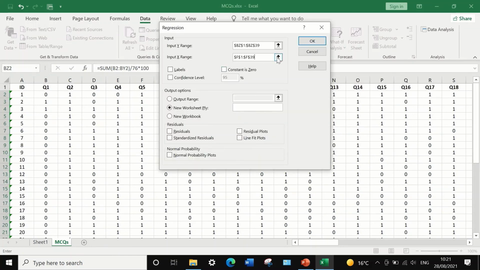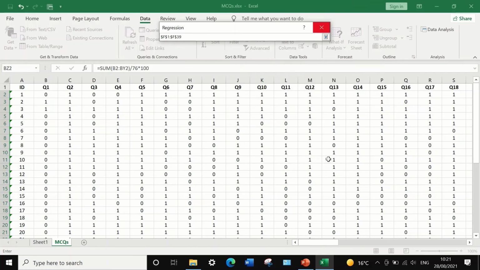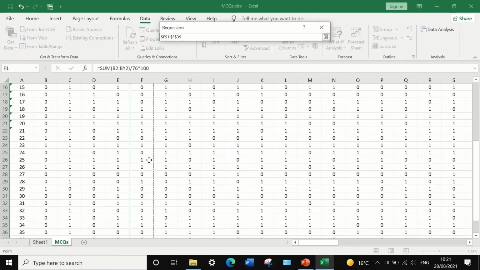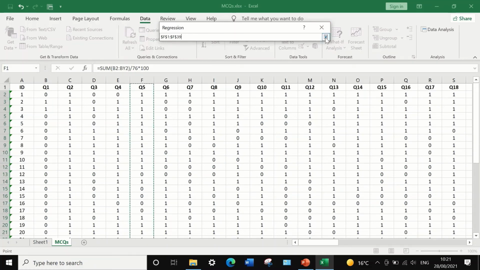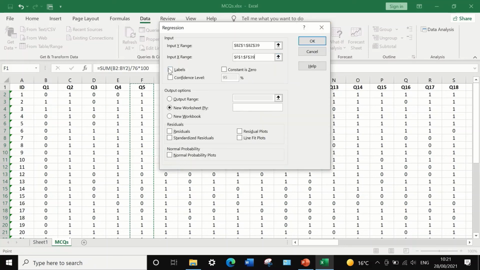Let's do it again to double check. For number 5, click Shift and the down arrow, and column 5 is selected. Then tick Labels, and we are going to generate the output in a new worksheet. If we click OK,